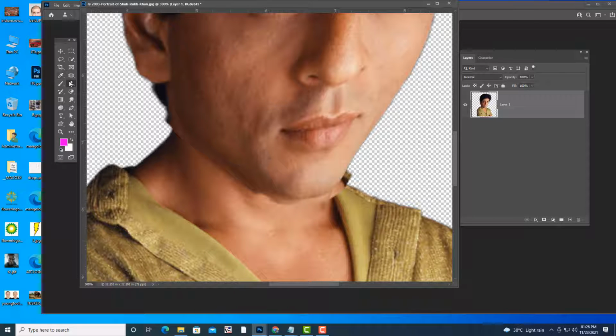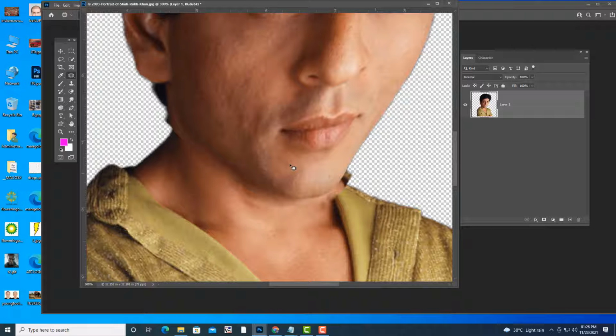Wait a minute. You can also use the patch tool here. So let us try with the patch tool also. Everybody remembers patch tool, healing brush. It's okay if we can remove the lining.